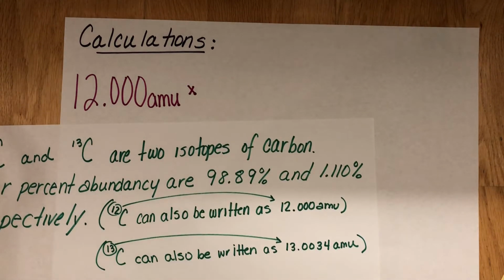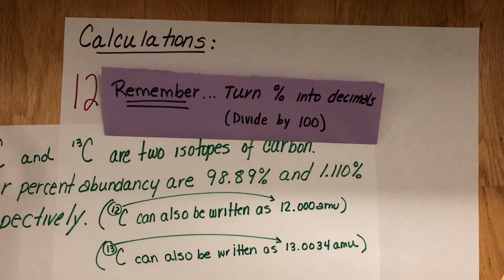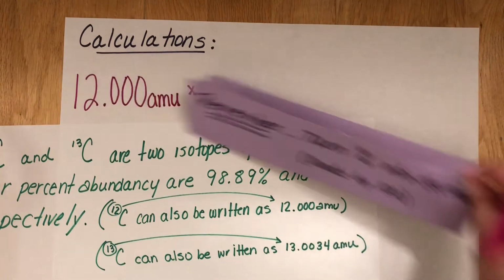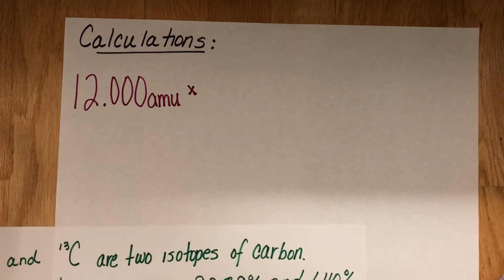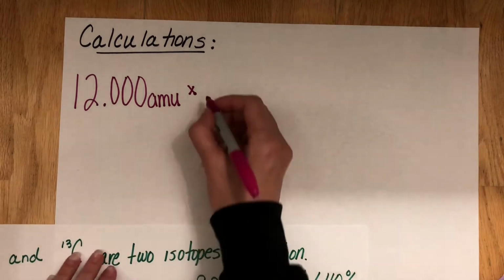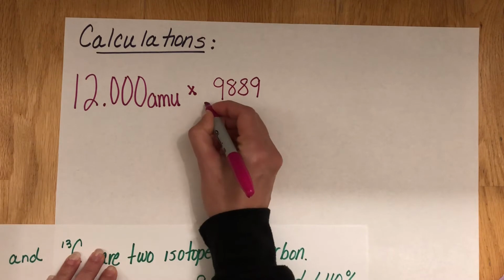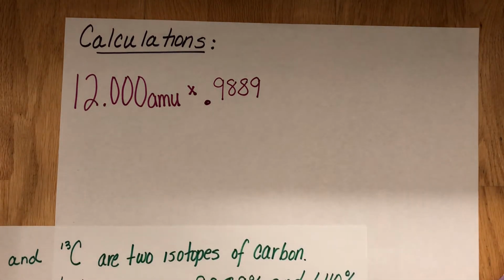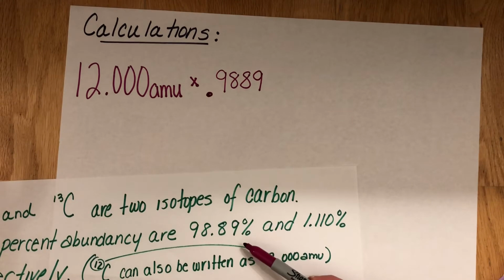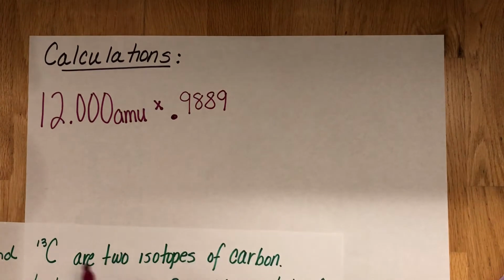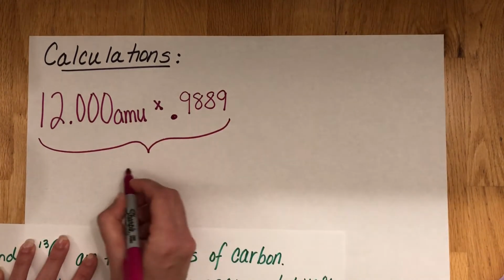But remember, when you do calculations, you can't use percentages in calculations. You have to turn them into decimals. So let's be sure to divide by 100 and get a decimal for my percentages. So when I divide 98.89% by 100, I get 0.9889. And remember, by dividing by the 100, I lose the percentage and turn it into a decimal. So notice no percent sign after. So now here is my isotope